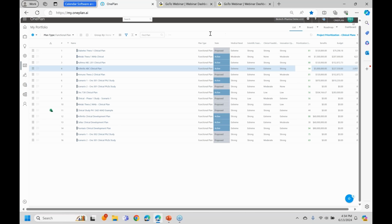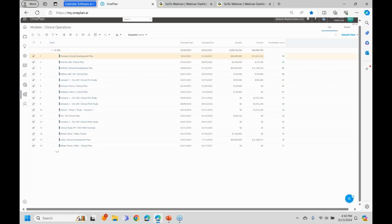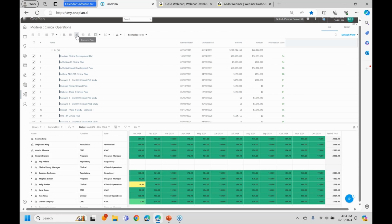We can also use the modeling tool over here. And I built one up already for clinical operations, and I'm just going to turn that on. And here, so I've loaded up all the clinical programs. We've got the prioritization score here. And let's say I wanted to model my resources. So I click on my resource plan and I can load them up. And I've already pre-built a few. Like I've got,